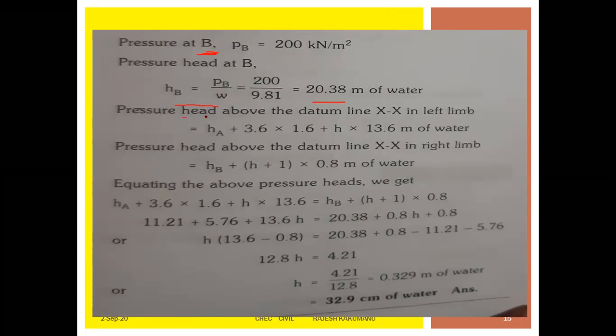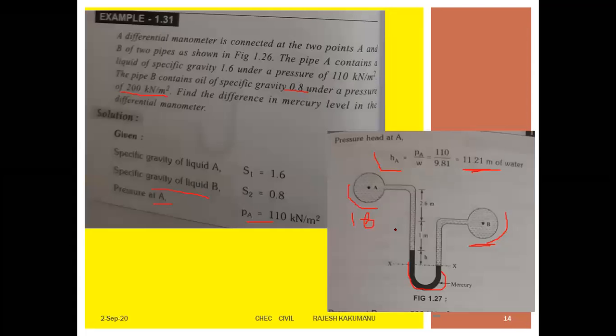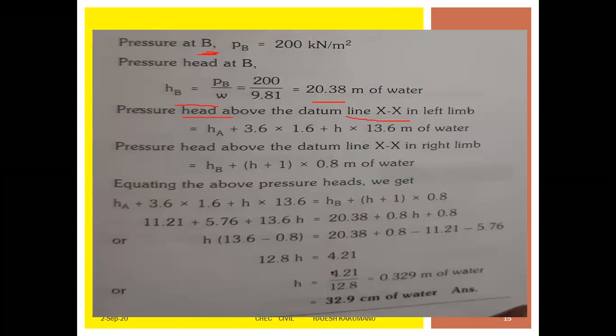Now the pressure head above the datum line XX in the left limb. So what is there on the left hand side at XX? You have to calculate this one. Now at A it is HA plus 3.6 into 1.6 plus H into 13.6 meters of water. Now the pressure head above the datum line in the right hand limb. In the last case it was the left hand limb, now it is the right hand limb. Now HB is equal to HB plus H plus 1 into 0.8 meters of water. Now equating both the left hand side and right hand side, you are getting HA